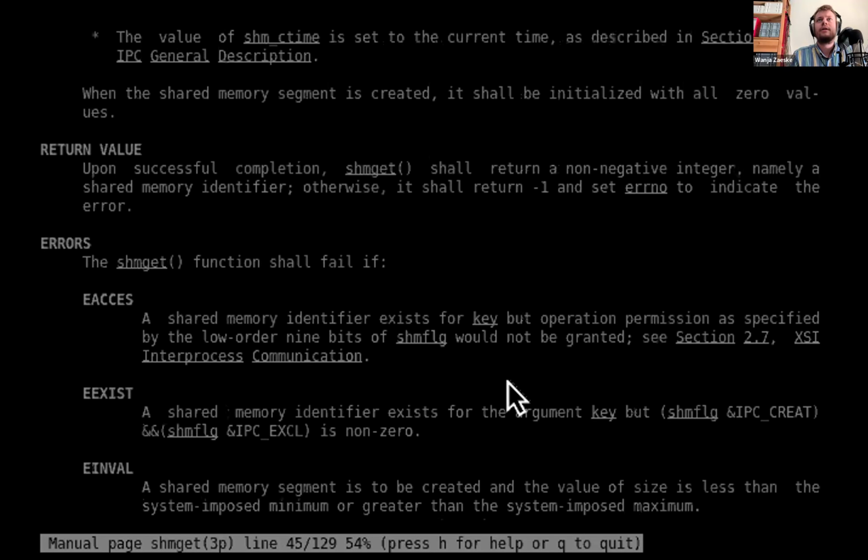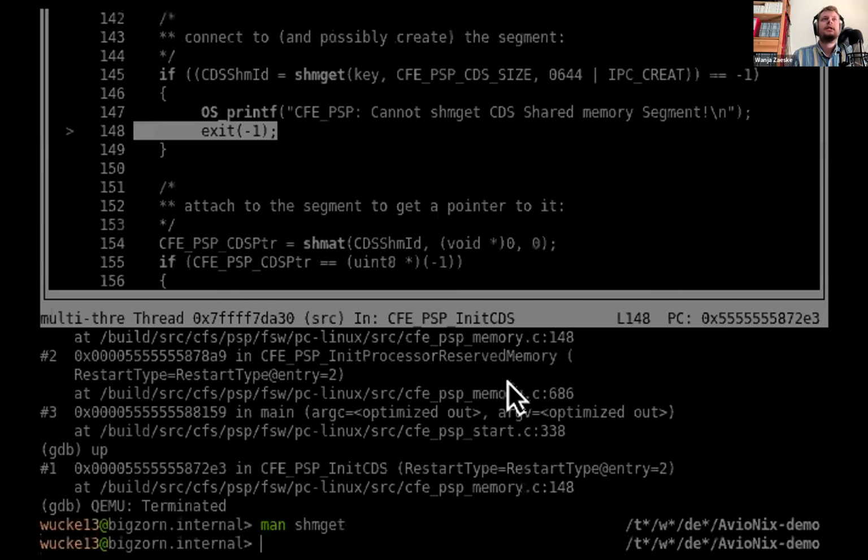But what we can find on other man pages online is that shmem-get actually comes from the System V IPC model. So this is a syscall which stems from a different incarnation of Unix, where there's shared memory available as an inter-process communication primitive. And this means that we do need to enable the relevant syscalls in the Linux kernel.